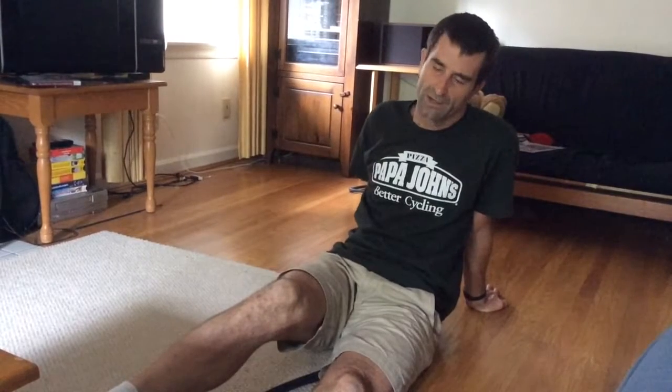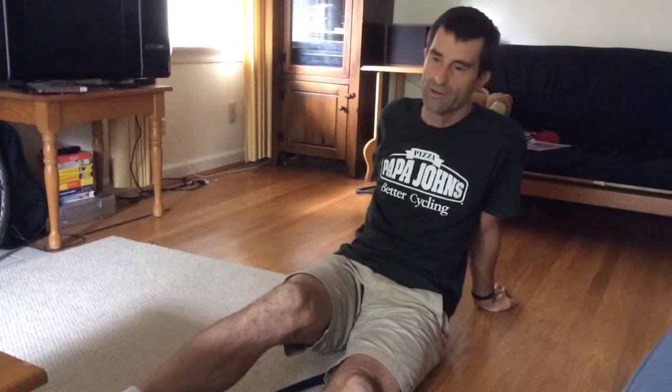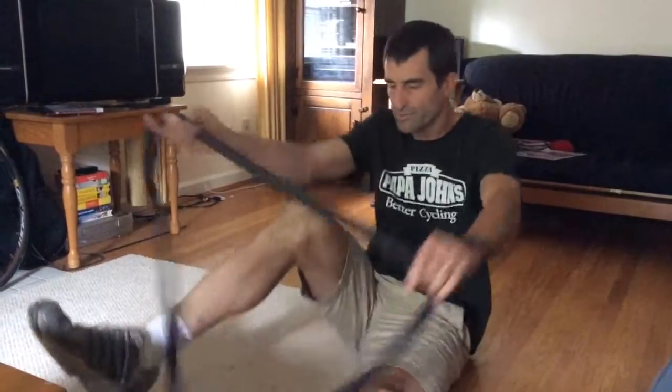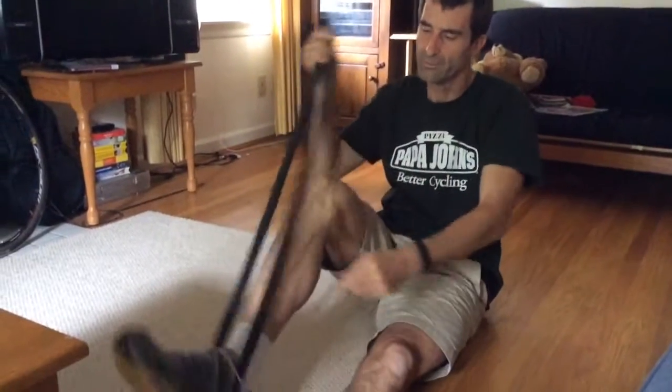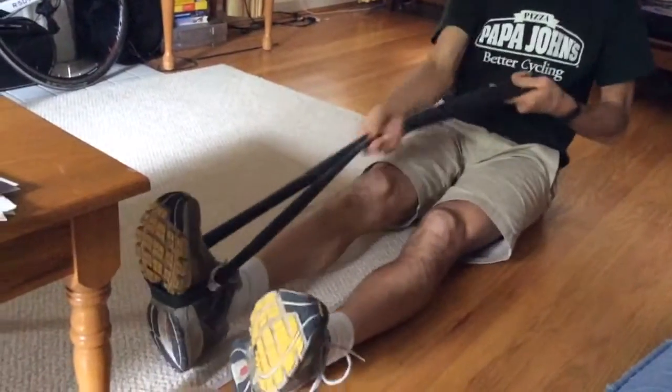back, and a lot of the cyclists I know have lumbar, I guess it's called lumbar, the L5 through L7, whatever, parts of their spine. So anyway, this is what I've come up with after seeing a chiropractor for my problem and a broken back a couple years ago. So normally what you want to do is take a bike inner tube,